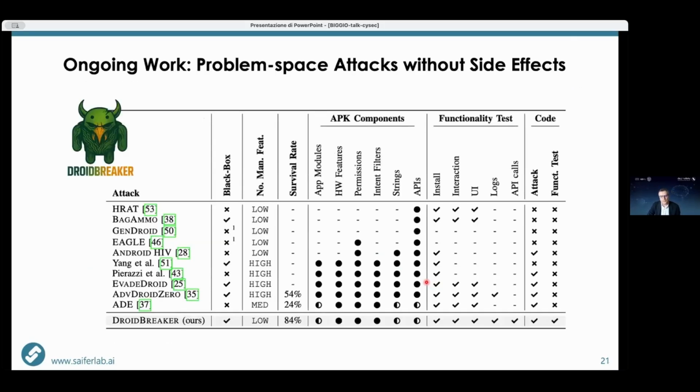Very recently, all of the attacks that I described were just simulated. We never modified the real APK, but just simulated the impact of the attack by changing the features that are provided to the model. And only very recently we worked on an attack that is really modifying the APK files. Essentially, we show empirically that you can really inject and obfuscate some of the components in the APK file in the application without having any side effect.